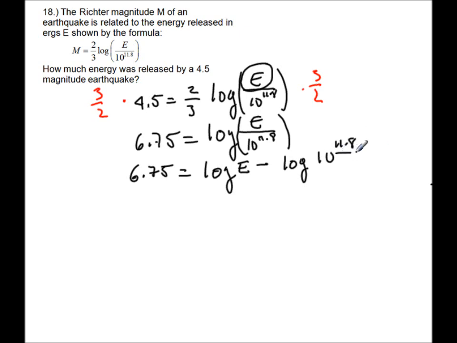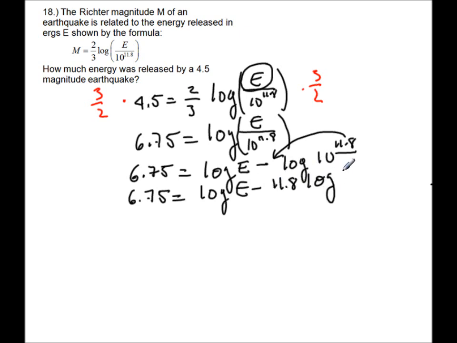This right here is an exponent, so it can go around here to the front. So now I get 6.75 equals log E minus 11.8 log 10. Well, this is log 10, so what do we know this goes to? It goes to 1. So because this goes to 1, we have 6.75 equals log E